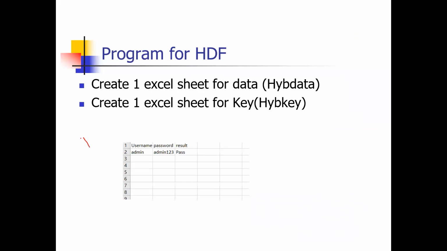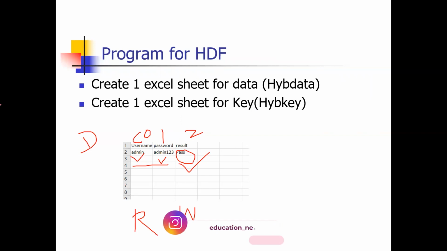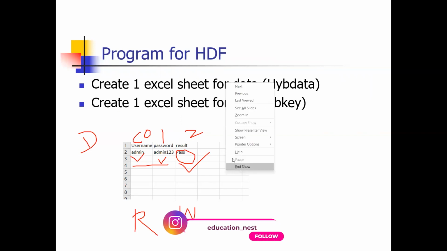So this is for DDF. Username, password, admin, everyone. This is column 0, column 1, and column 2. In column 0, I have entered username. In column 1, I have entered password. In column 2, I just want to print the result. So from the first two columns, I'll read the data, and in the third column, I'll write the data. Got it? I will do it in programming, so don't worry. Now next is